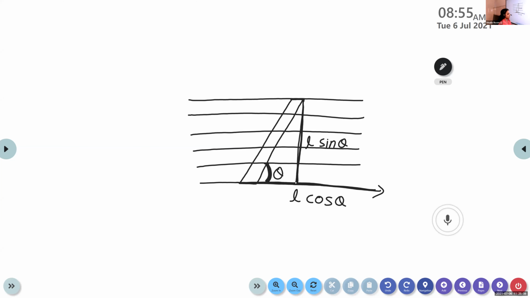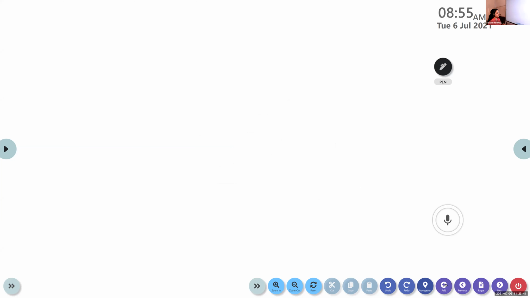Now, what is the equation for calculating the torque? We already studied it in our previous chapter, electrostatics. What is the equation for calculating torque? Any idea? P cross E. And how can we represent it in terms of words? One of the force into perpendicular distance. The torque acting on a rectangular loop can be calculated by one of the force